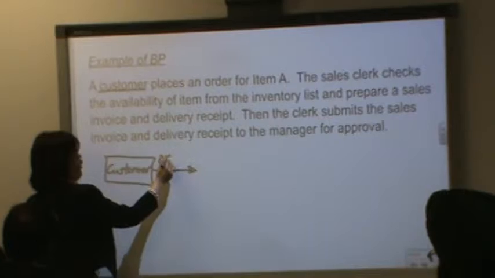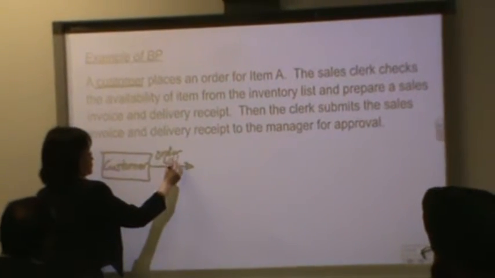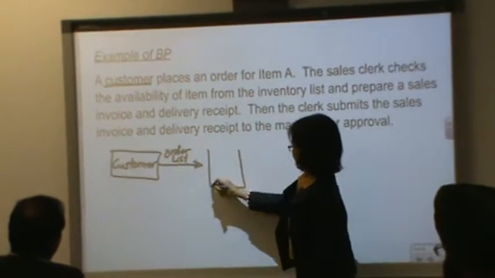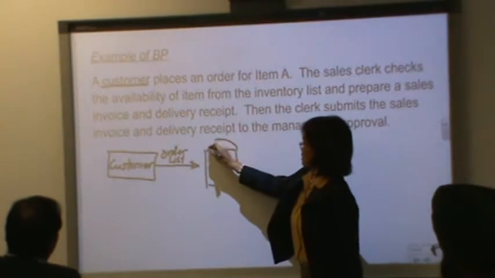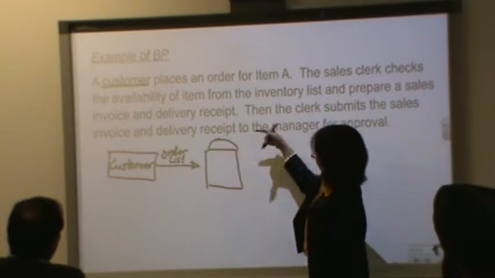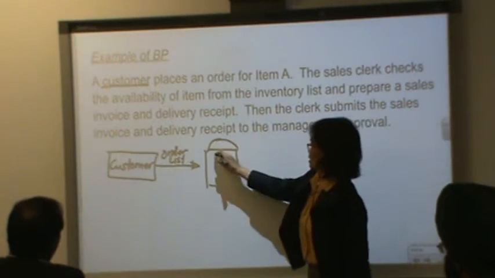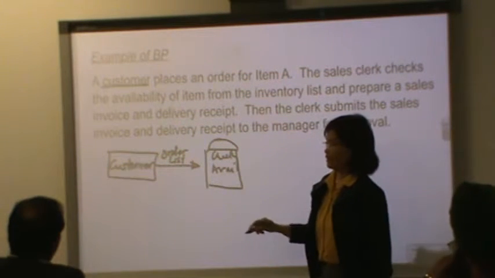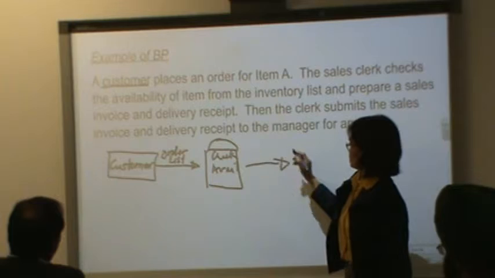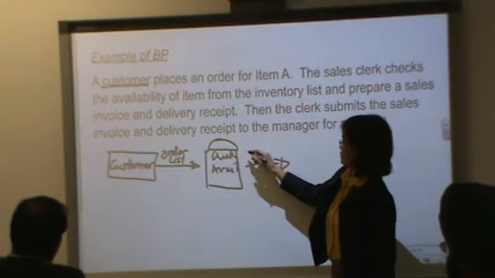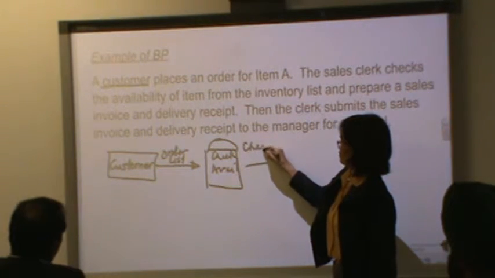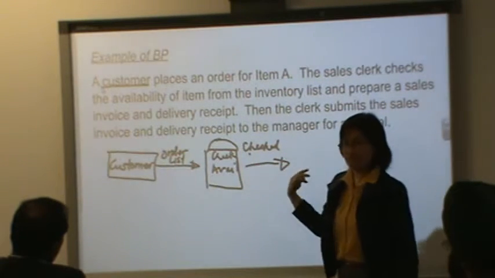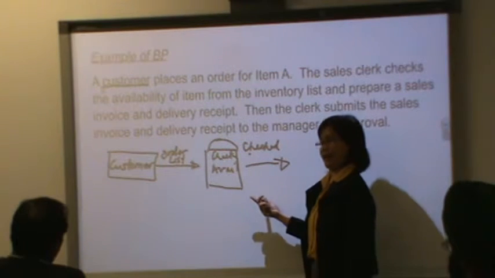The order list. So what we're saying is that it provides data. Then what does the process? Sales clerk? That's a process. Okay, and the sales clerk checks availability of data. Okay? And then what comes out? Flow line. You have the checked or validated list. Okay? Checked or available items.